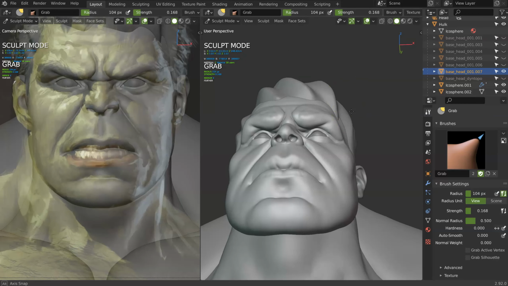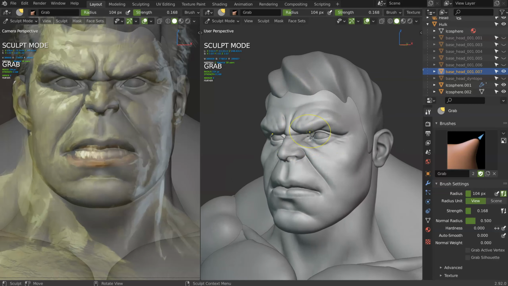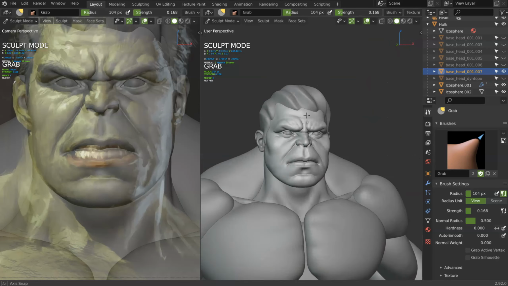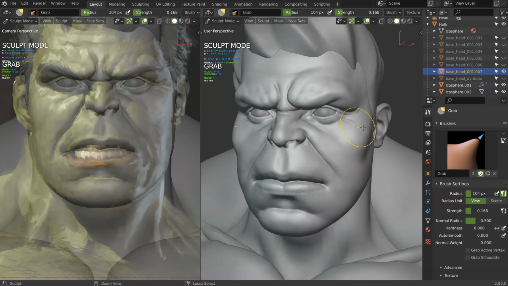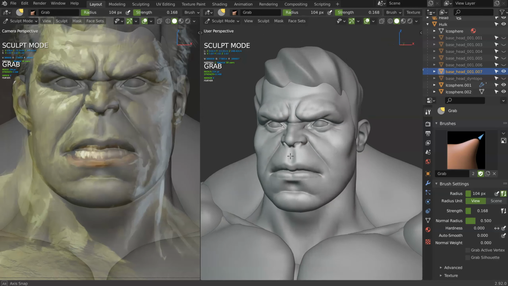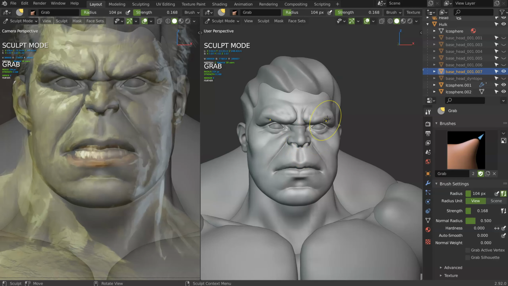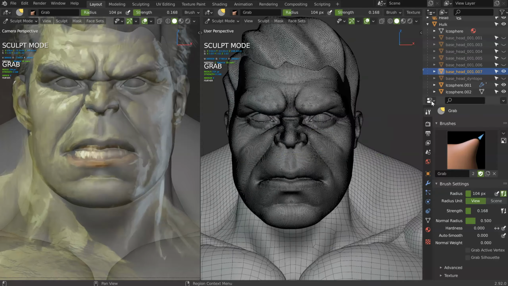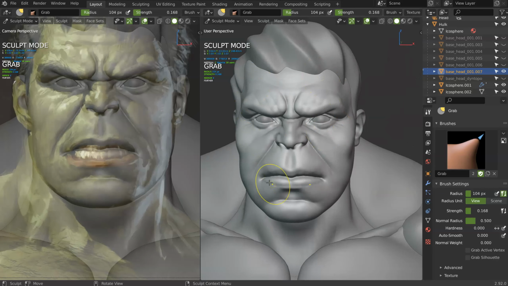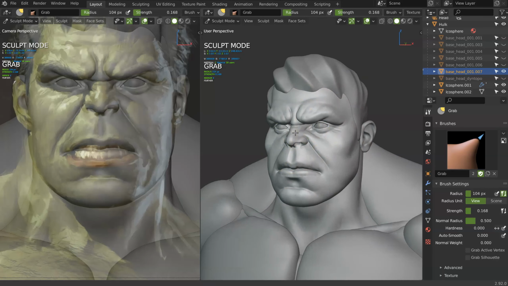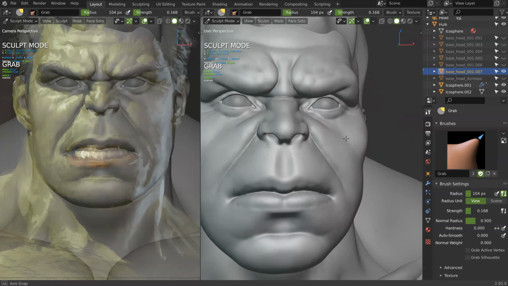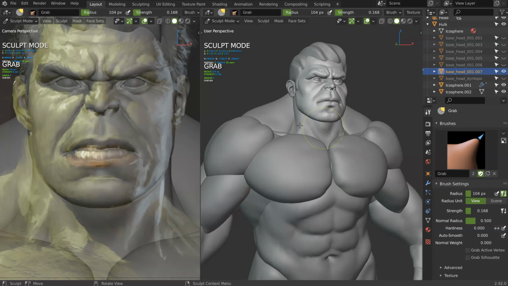I'll fix this later. So be careful about all the views. Try to check if it works on every view. Side view, front view, etc. It's up to you. And I will show you what I did to come to this model, because it's not Dyntopo. If you check, it's not Dyntopo anymore, because my computer cannot, on this character, on the size of this object, work correctly with Dyntopo. So I had to choose another approach.